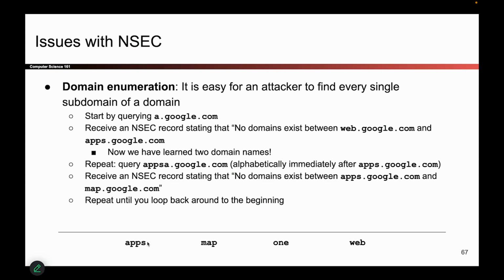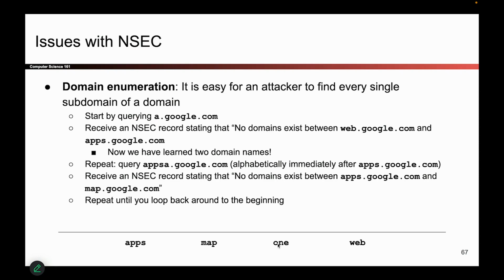And then maybe they'll request apps.a.google.com, the one right after apps in the alphabet, and they get a record saying there's nothing between apps and map. Now they've learned another non-existent domain. And then they can try asking for the IP address of map.a.google.com, the one immediately after map, and they learn that there's nothing between map and 1.